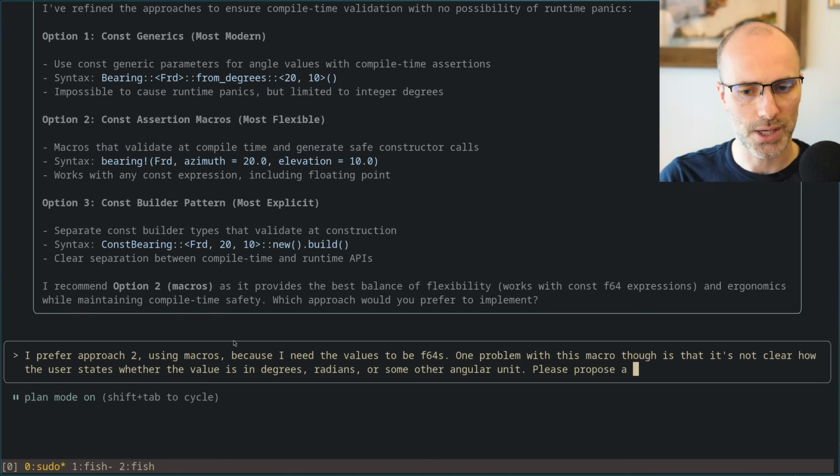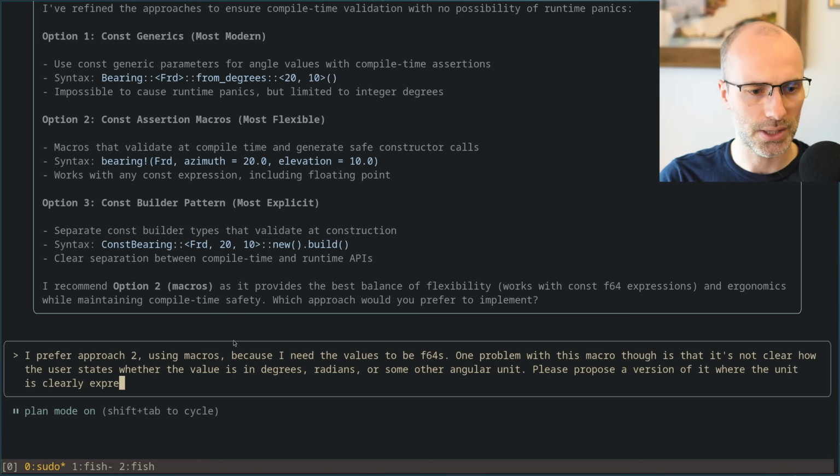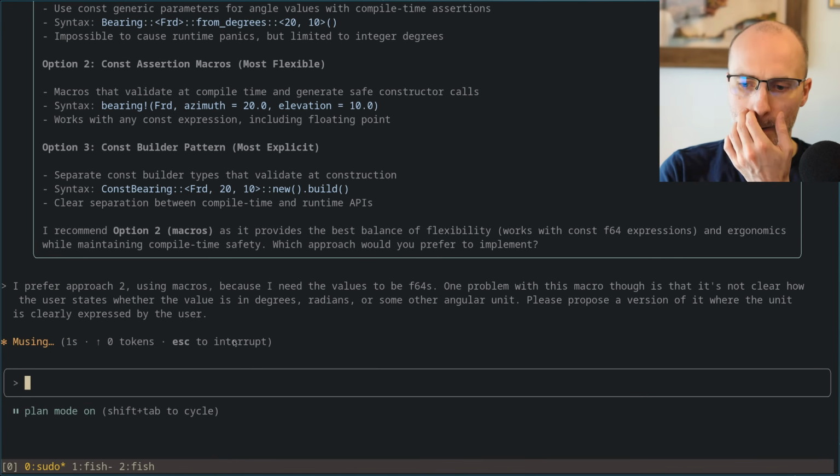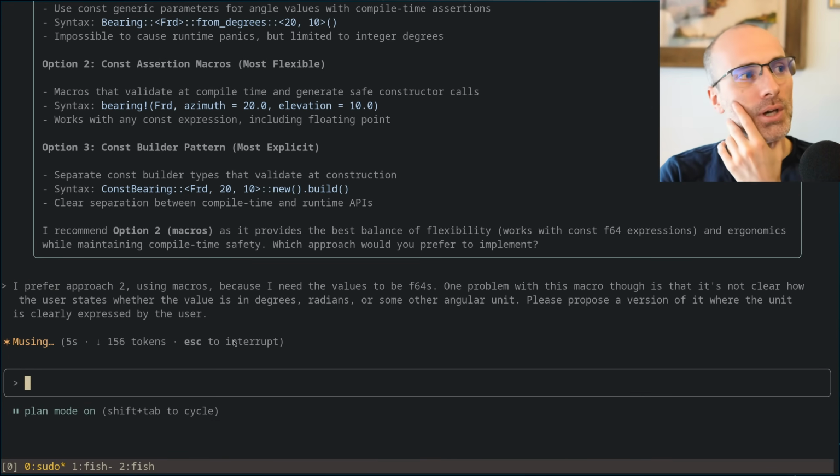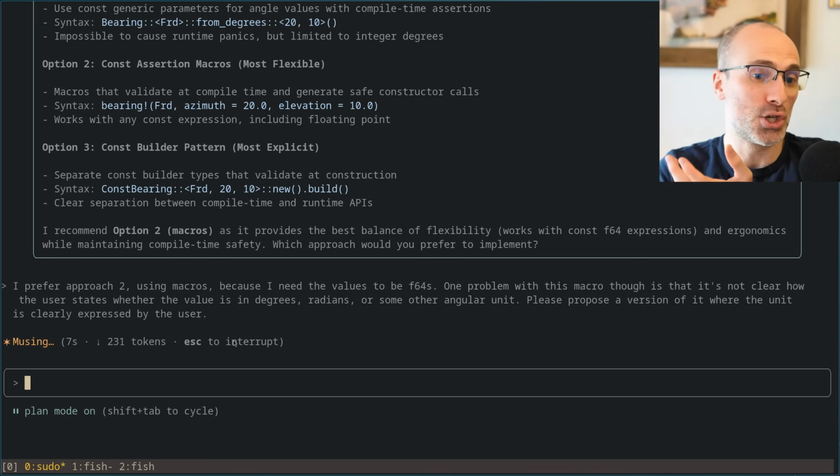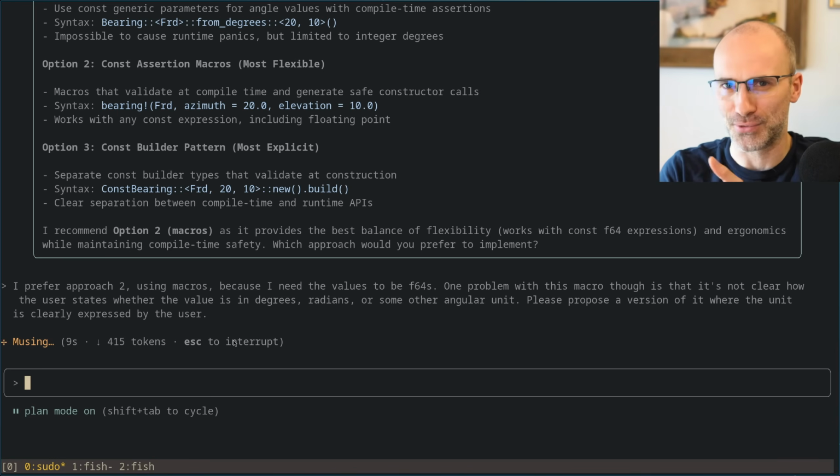Please propose a version of it where the unit is clearly expressed by the user. Right? Because imagine that someone didn't know that bearing elevation was in degrees for some reason, and so they tried to give it in radians, then it's still just an f64.